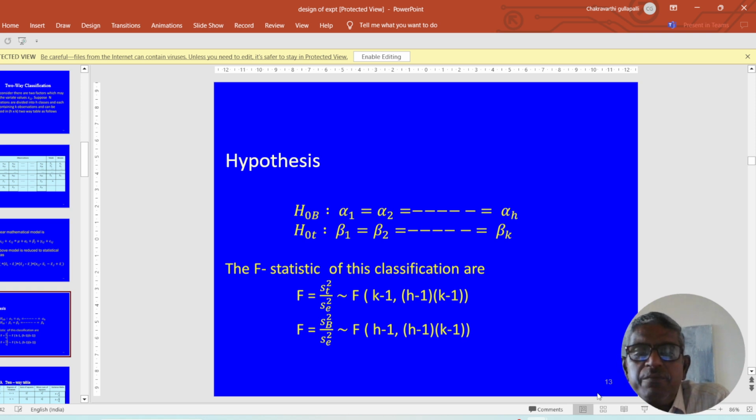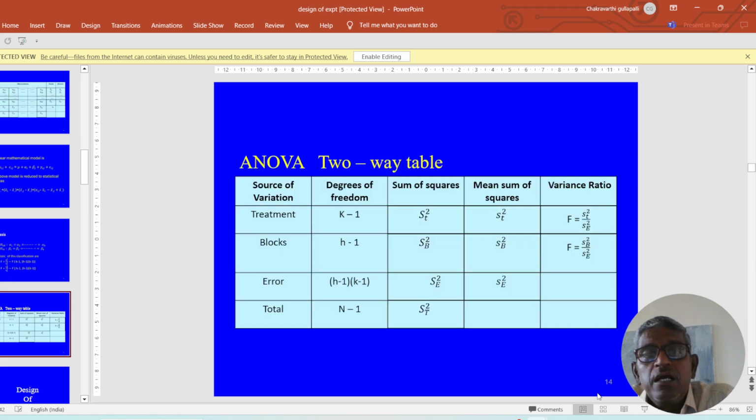Then I am using S square suffix B. If the calculated values of F are less than the table values, then we accept the corresponding hypothesis. And finally, the table we are adopting in a two-way table is, like in one-way classification,